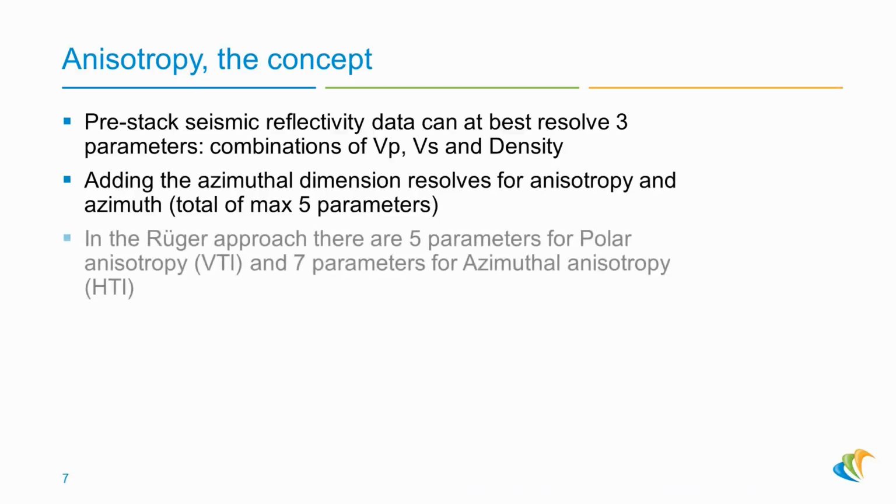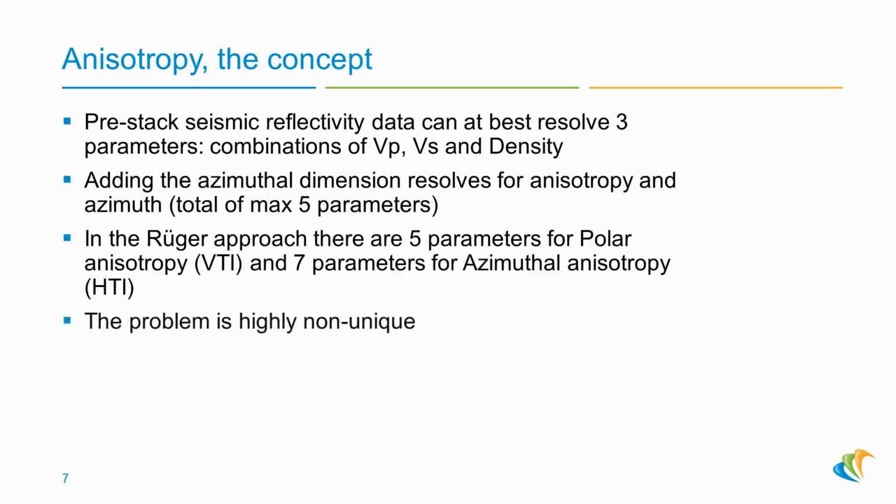But if you take the Ruger approach, which is the simple way of getting to polar anisotropy or azimuthal anisotropy, you need at least 5 parameters for polar anisotropy and 7 parameters for azimuthal anisotropy, which means this problem is highly non-unique. The way this is resolved in the industry is to reduce the parameter space by assuming some